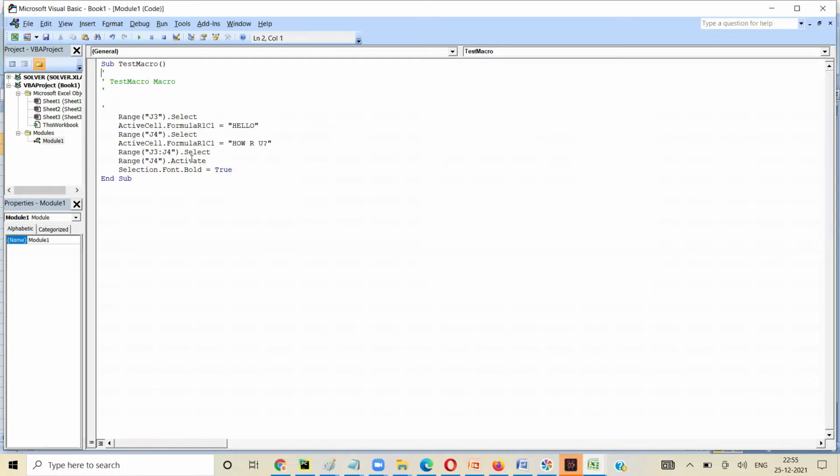Everything here is treated as a function, or sub procedure. Subs indicate sub procedure, very much like what you said, SQL or PL/SQL stored procedures. So every function will start with sub and a function name. And this is also the macro name, basically. And it will have end sub. So everything is called in this function.